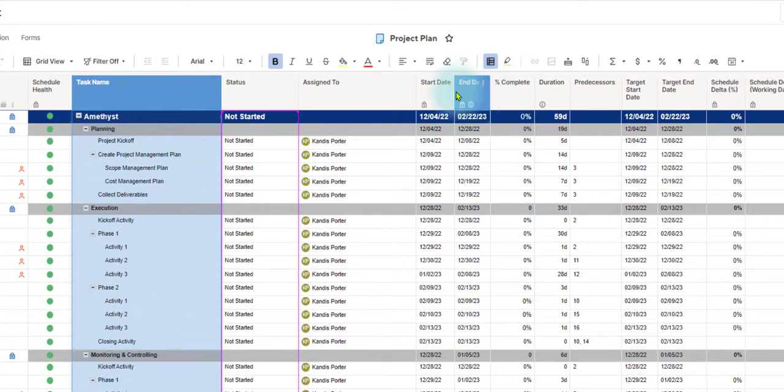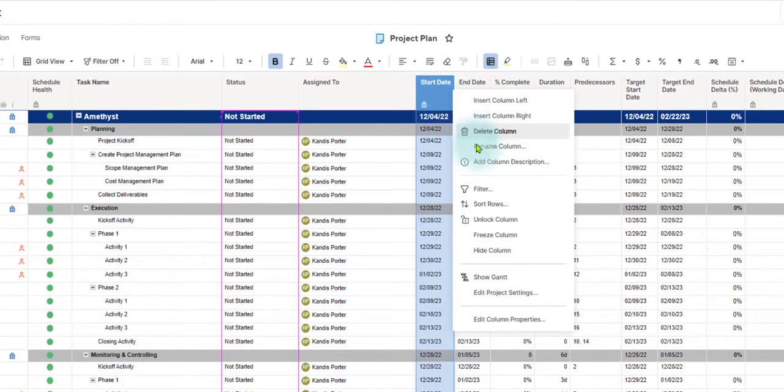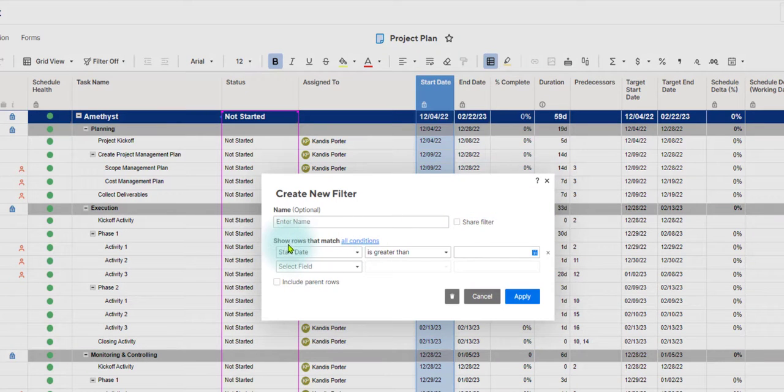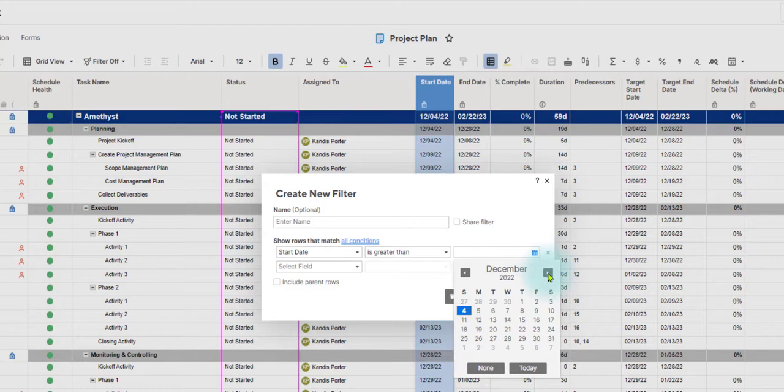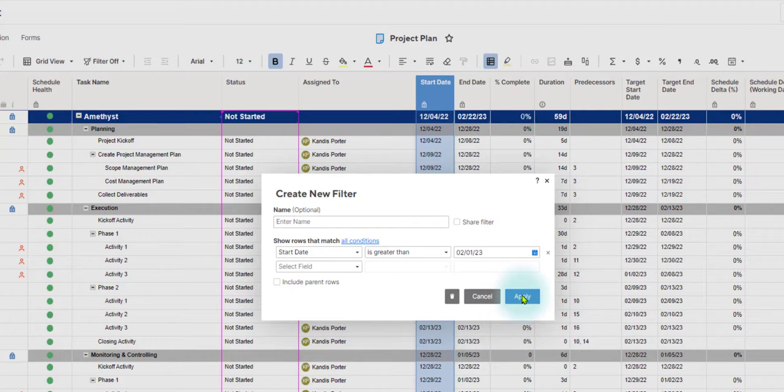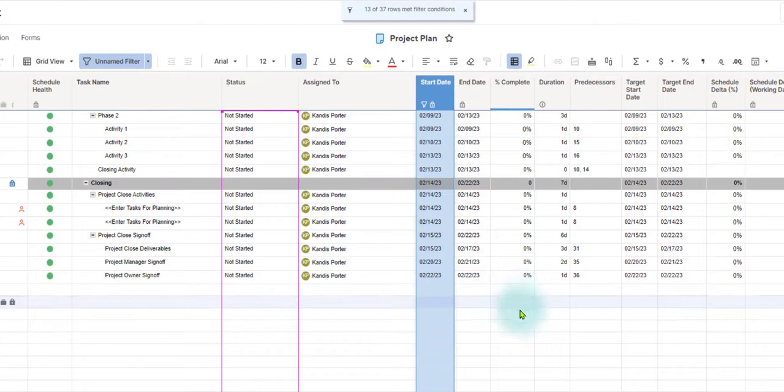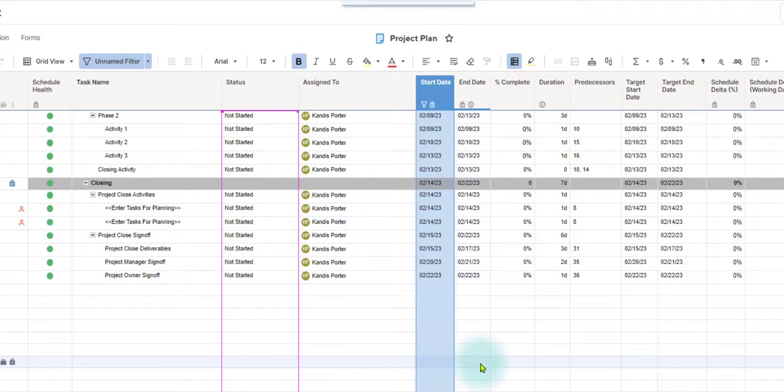So let me go to filter for the start date. Start date is greater than, I want to see all of the tasks that start February 1 or after. And then I'm going to apply. Okay, so this is all of the work that we're going to be doing in February. I can really quickly showcase that, have the discussion with my project sponsor, and determine if we need to make